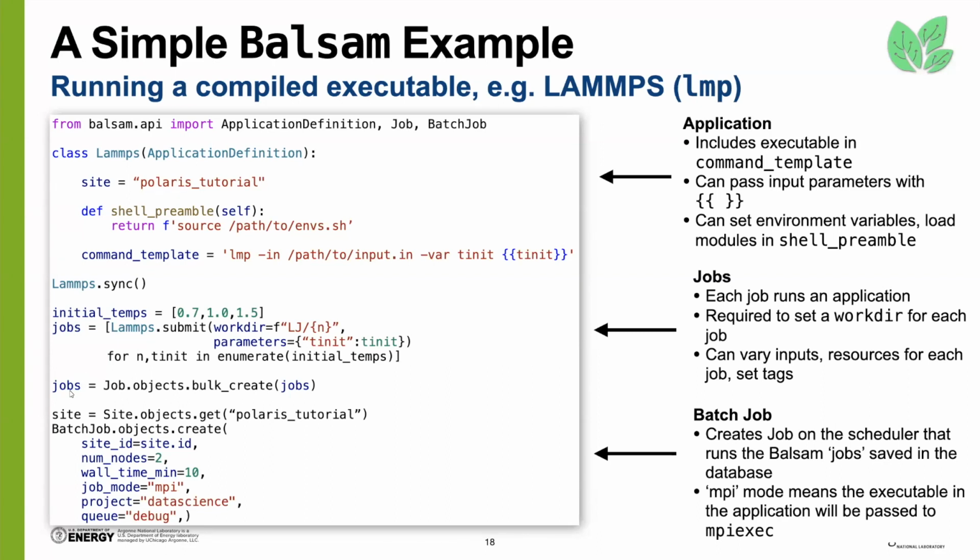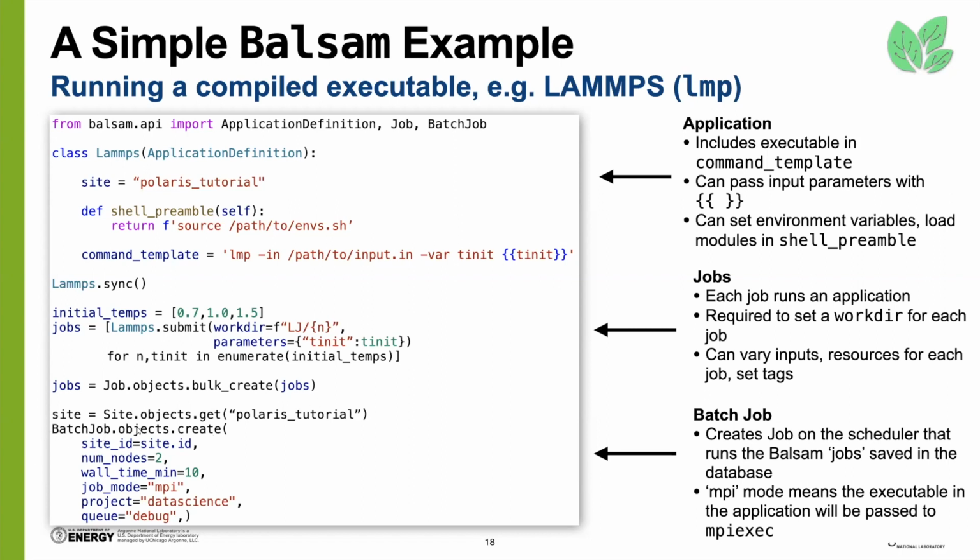Once you create these jobs, you have to then, again, save them to the database. You can do that with this call here, this job objects bulk create. This will save them to the server, give them a job ID that you can then track them in the database with that ID. So once you've created your application and your jobs, you can then spin up what's called